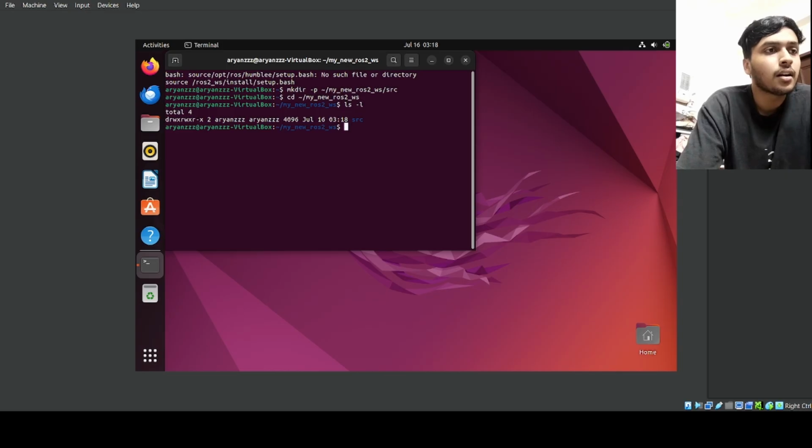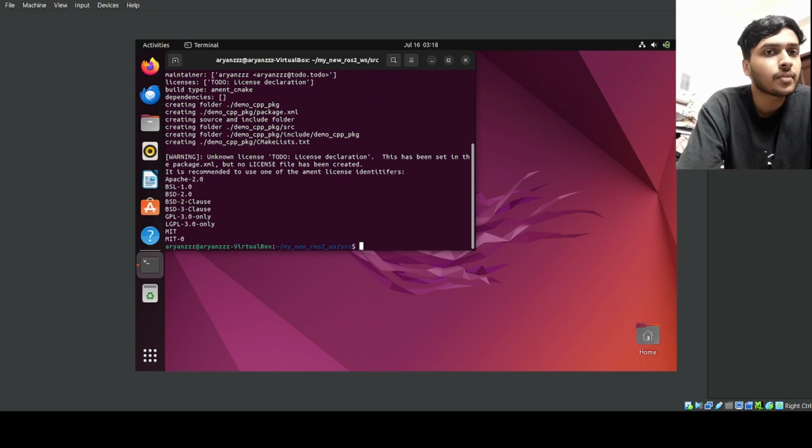Now that our workspace is ready, let us create our first ROS2 package. Think of it as a small robot app or module. We'll use C++ here for example. Firstly go into your directory, write cd src, press enter, then write ros2 pkg create --build-type ament_cmake demo_cpp_pkg, press enter, and then write ls demo_cpp_pkg,